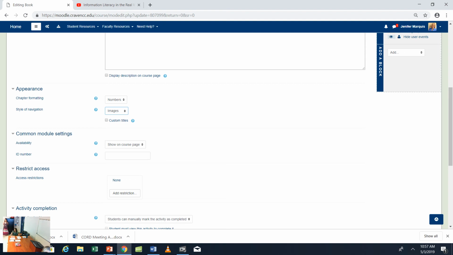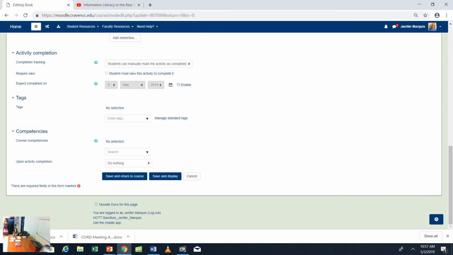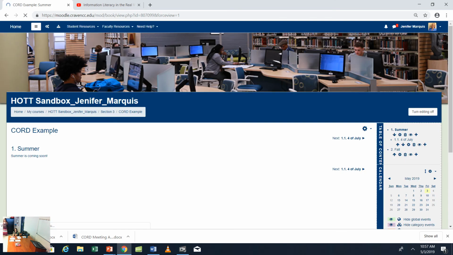So let's see what happens if I change it. Let's just change it for fun. We'll make it bullets, and we'll make it text. Okay? And then it put a bullet point there, but it still has a number. And now it says next instead of the arrow, right? Because I said text. I like the arrow better. It's telling us the next chapter is that. And then I can go to previous.